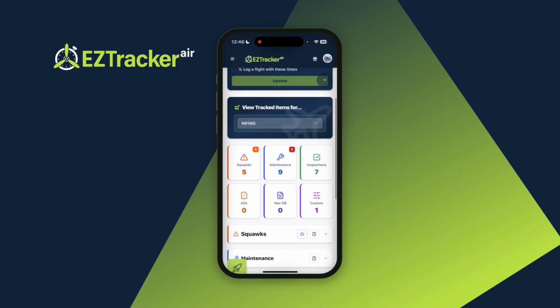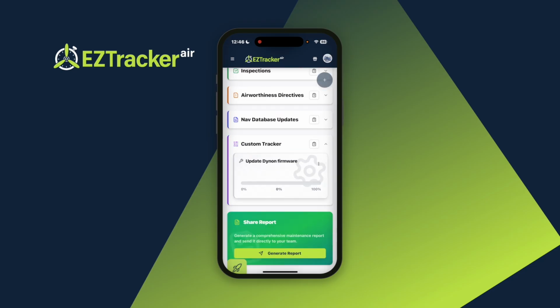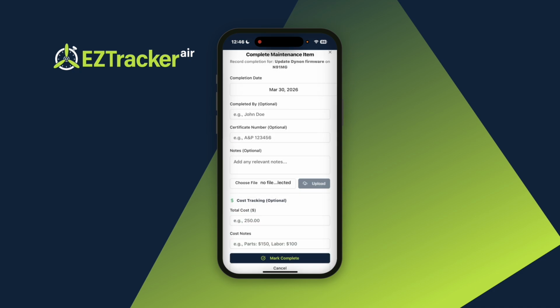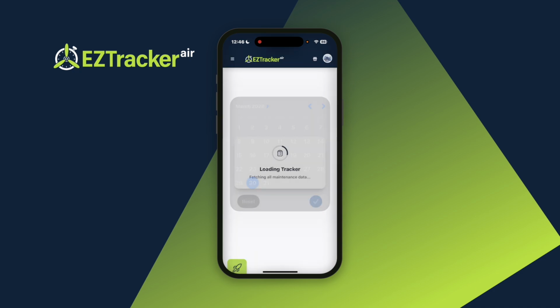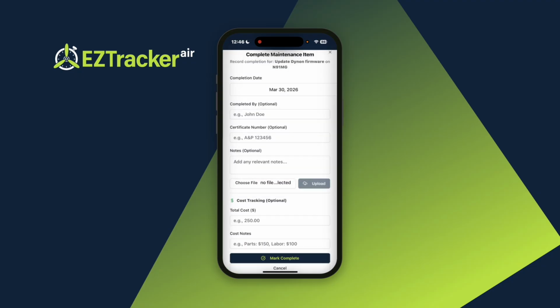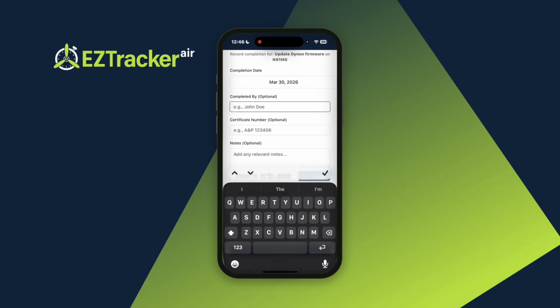So now we're going to go down here and we see custom now has one item. We'll go down there, and there it is, update Dynon firmware. We can mark that as complete, saying that we did it, and whatever day we decided to do it on. We'll just use March the 30th. As the date, and then we'll say our name,